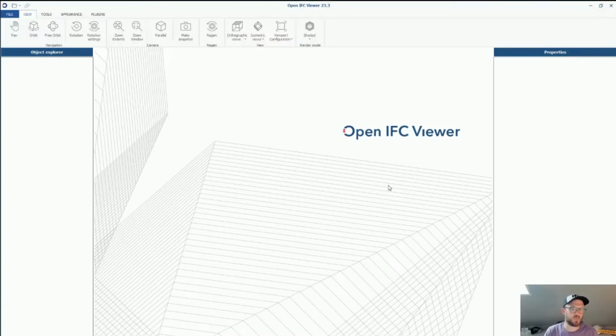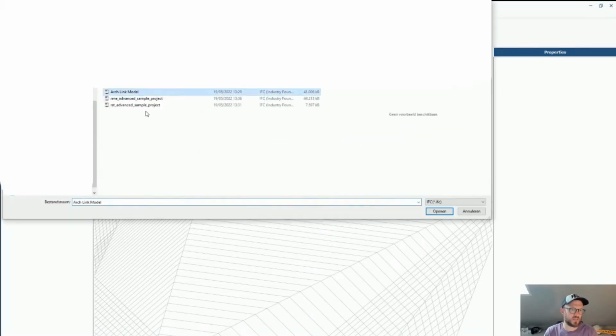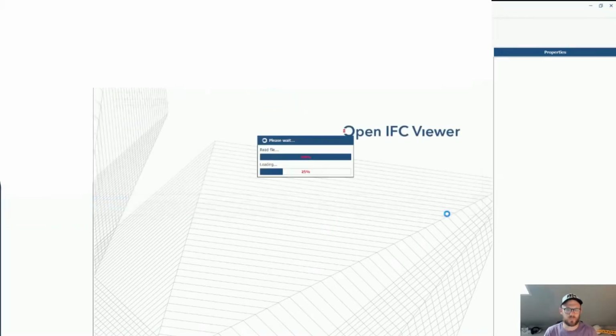Okay, first things first, I disable my internet connection. And then I'm going further with Open IFC Viewer. If we open the software, we get the interface which we see here. We can choose File, View, Tools, Appearance and Plugins. If we choose File and select the models we want to use,